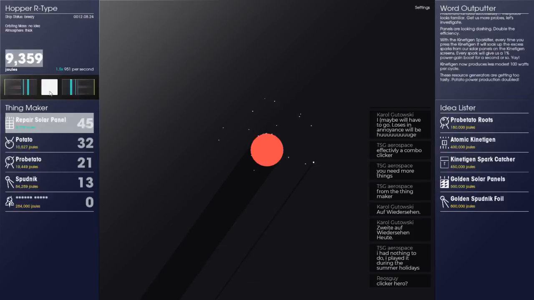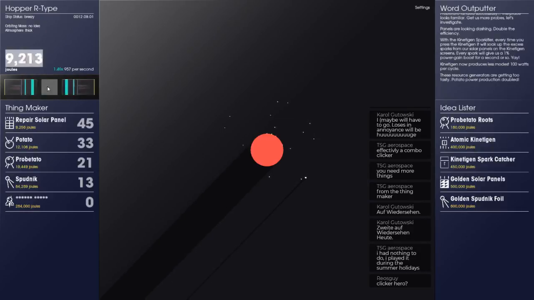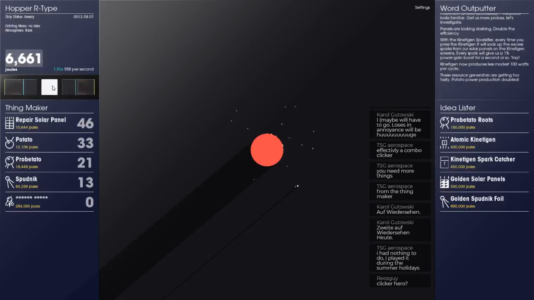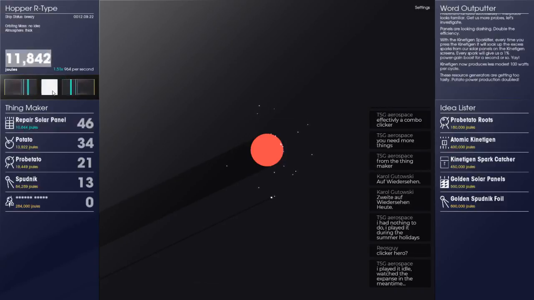I suppose that's kind of the way that's going to work, right? Potato, also good. It's cool. Pro potato roots. That sounds like something we want to work on. The next idea on the ideas panel there. That sounds like a great way to work at it here. I'm not really so much about the solar panels. I'm more at the moment about... Ooh, look at that. We're in a 0.5. We're in a 0.5. I don't want to stop clicking because we're on a modifier.